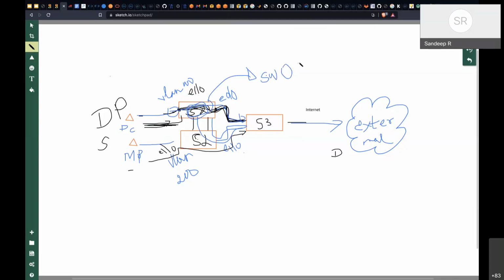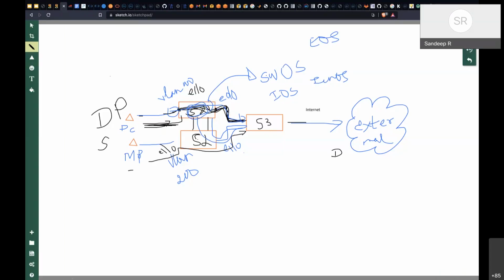There are different names given by different companies. If it is Cisco, it is called IOS. If it is Juniper, it is called JunoOS. If it is Arista, it is called EOS. Nokia has Nokia OS, and every vendor has their own operating system, and that is the logic that actually drives the entire hardware.